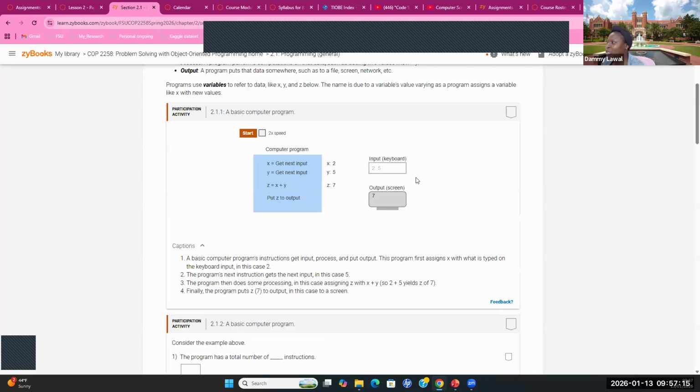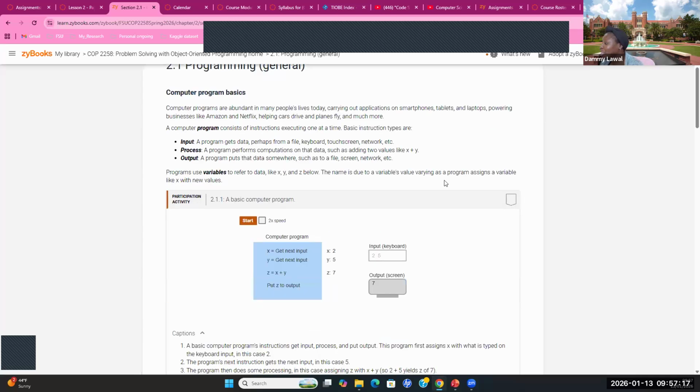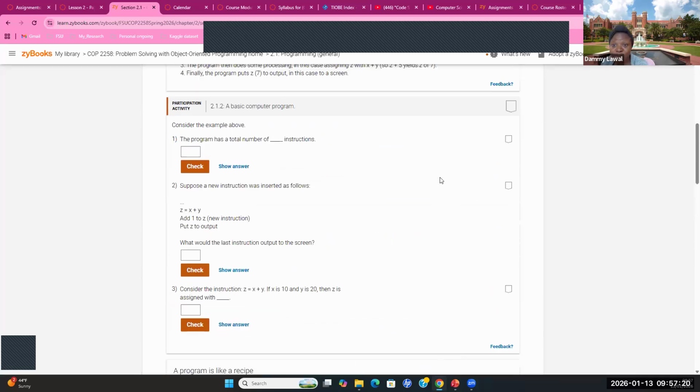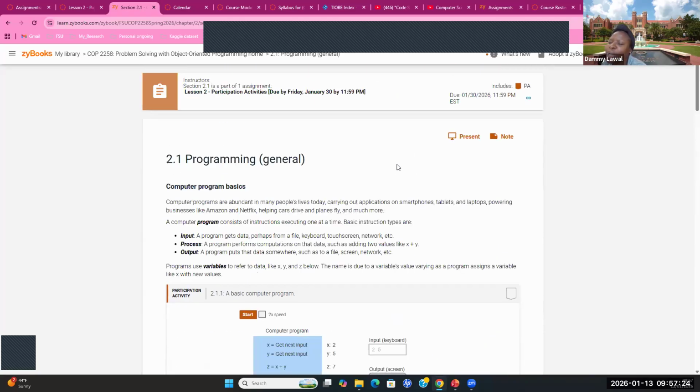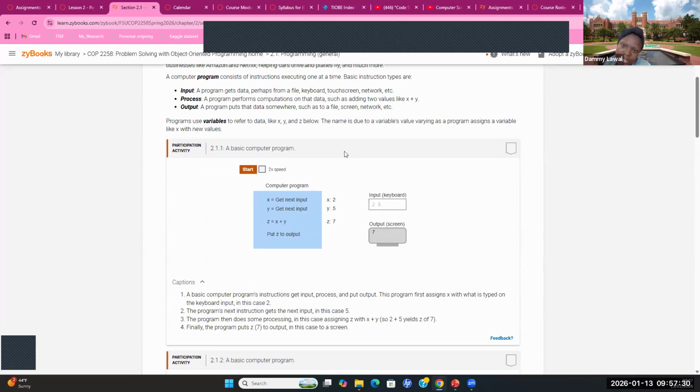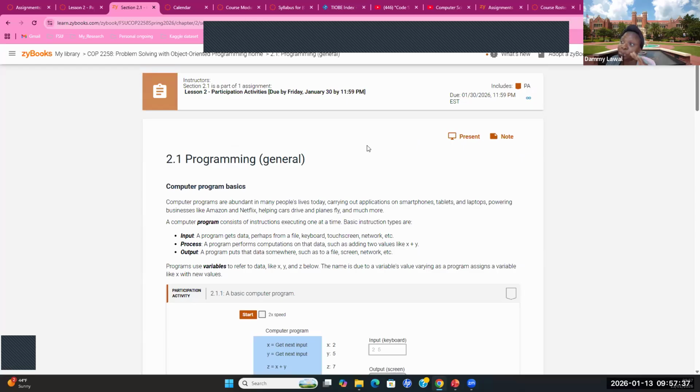So you can do this. Maybe you finish, and at the bottom you have your grade. You're not comfortable with what you have. You want to try more. You can try unlimited times until the 30th of January, and Zybox keeps the highest grade. So the highest grade is submitted, is reported back to your Canvas. This is an auto-graded textbook.